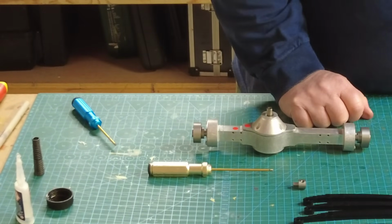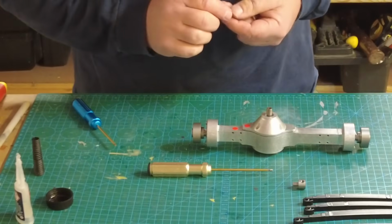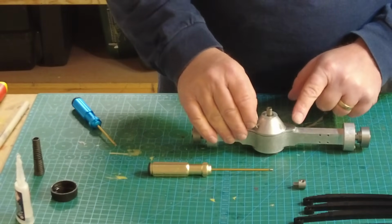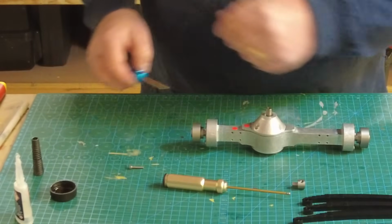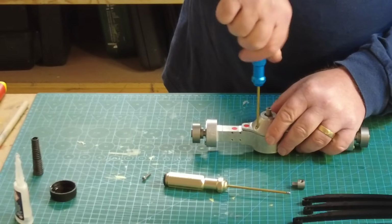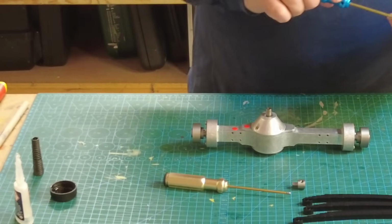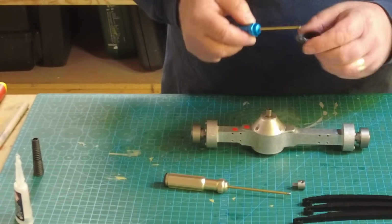Now, one thing I think I'm going to have to do, and I think it even suggests it in the instructions, is before you put any real power on this, you need to test the motor and just run it at sort of half speed, see if everything's meshing together and working as it should before you go hell for leather, full speed. So you could do some damage, so it's definitely worth making sure, whoops,